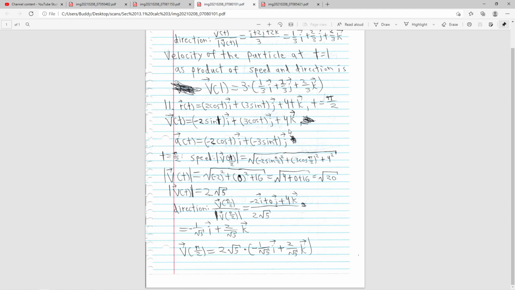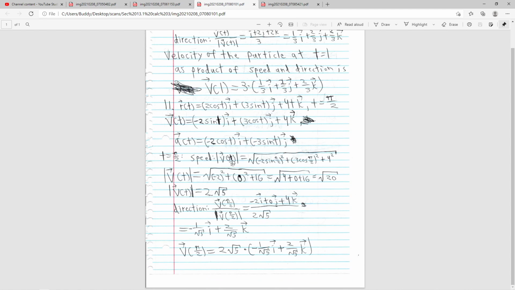So acceleration is just another derivative of what velocity is. So it's −2 cos t i plus −3 sin t j, because 3 cos t's derivative is −3 sin t, and −2 sin t's derivative is −2 cos t. At t = π/2,